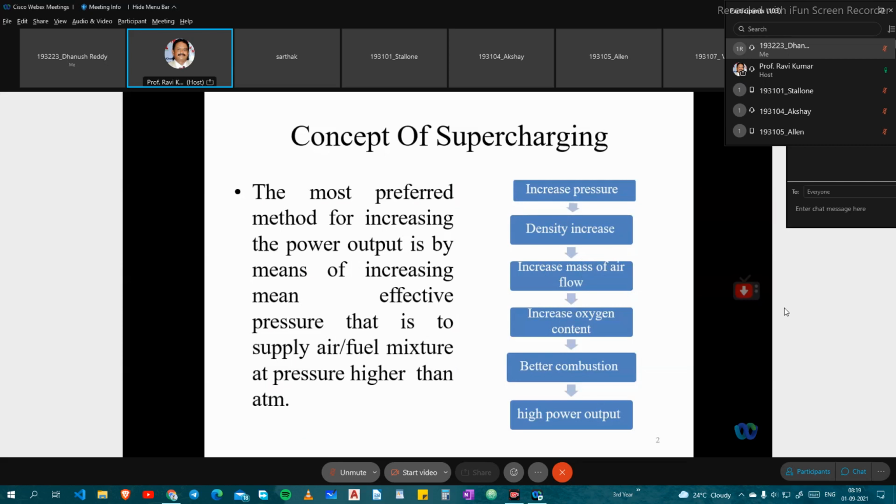And you get good combustion, because if you have good fuel, good pressure and good density, then you are going to get better combustion. If you have better combustion, meaning complete combustion, then you are going to get good power. Because of the power, the shaft will move very fast, and you are going to have better thermal performance and thermal efficiency of the engine. Okay, so pressure, density, increasing mass flow rate of air and increasing oxygen will give you better combustion. Then with better combustion, you will get a higher power output of the engine.